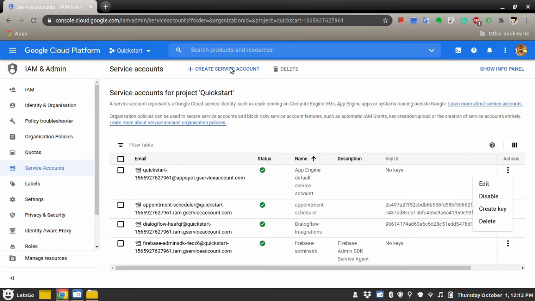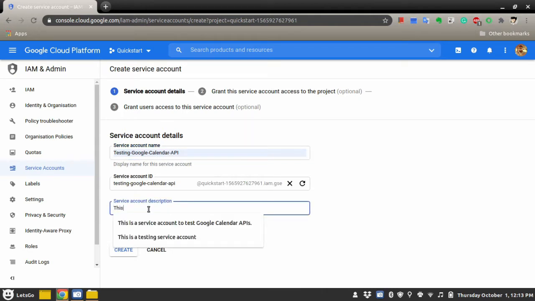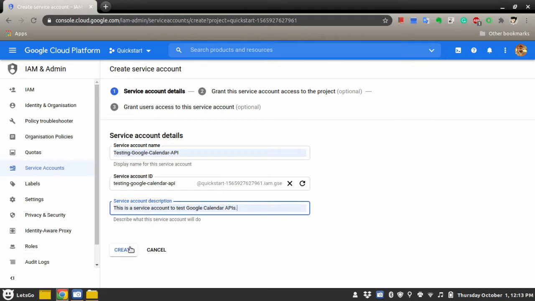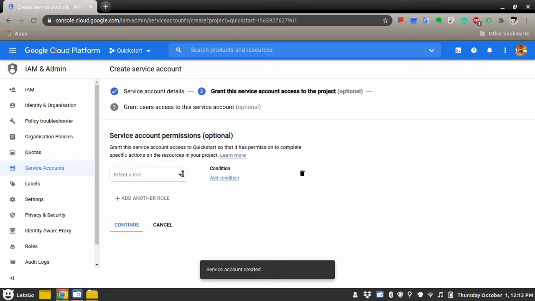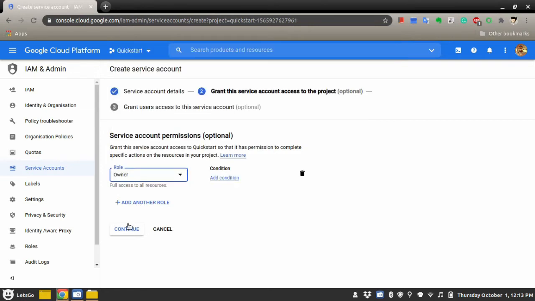But if you are new here, what you can do is you can go to create service account, give this service account a name, let's say testing Google Calendar API, put some description, hit create. It will ask for a role, let's say owner, continue.